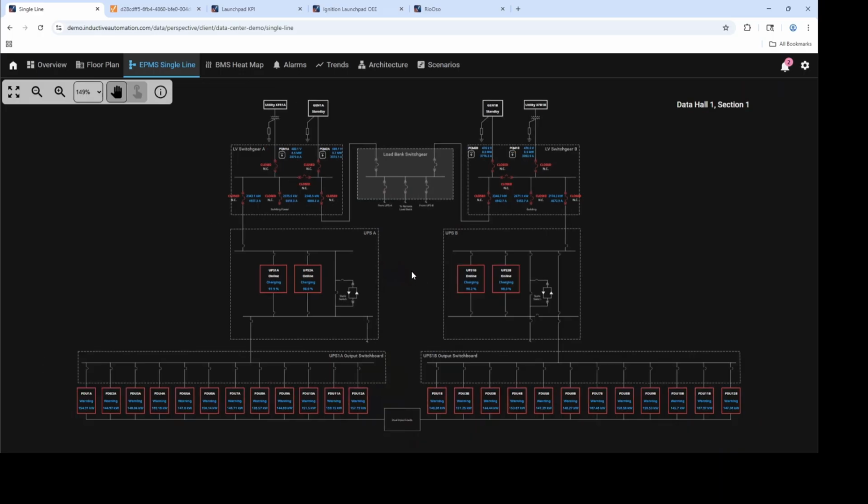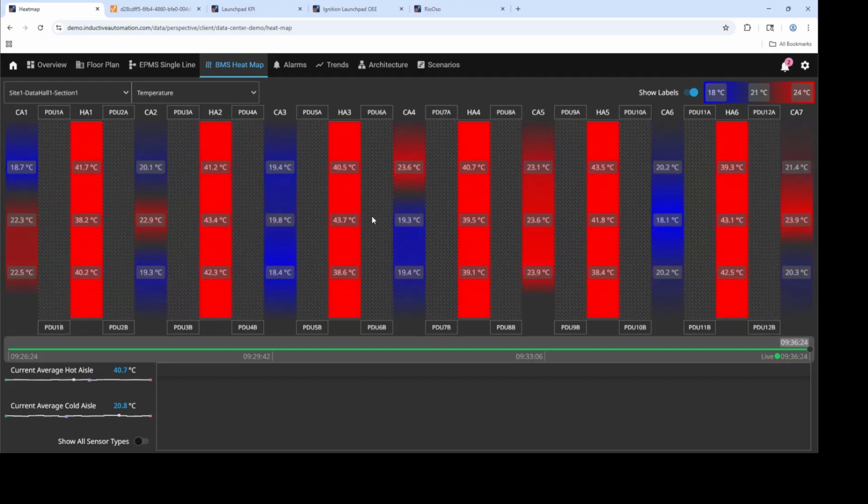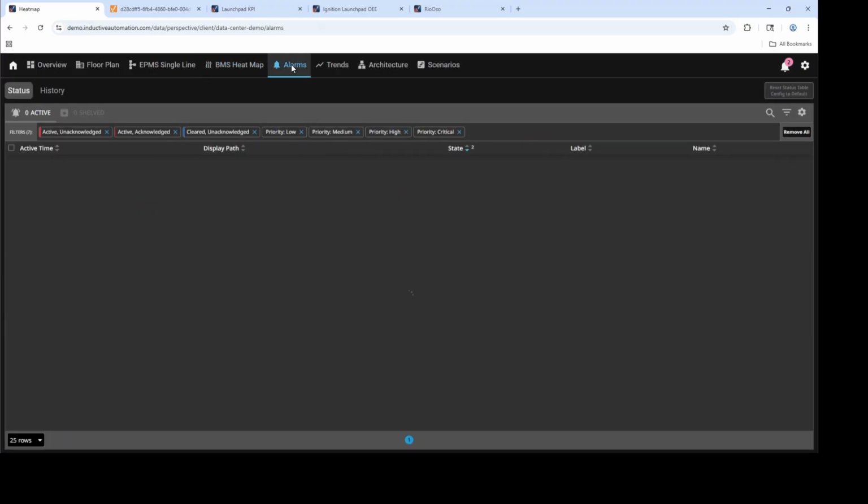A single line diagram. This is a diagram of how everything is set up electrically for the data center, with various circuit breakers, and UPS stands for uninterruptible power supply, so battery backups, and how everything is connected there. We can pull up a heat map to view temperatures across the various data center sections. Then we'll talk about alarms in a little bit,